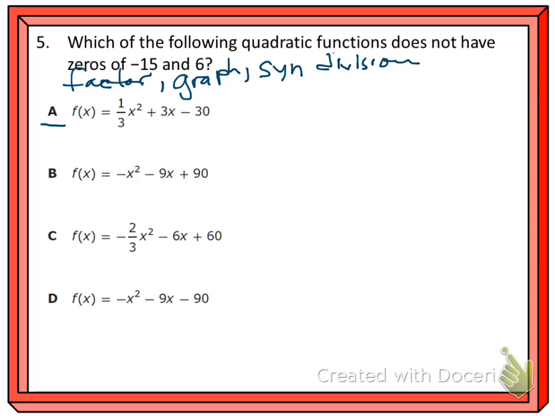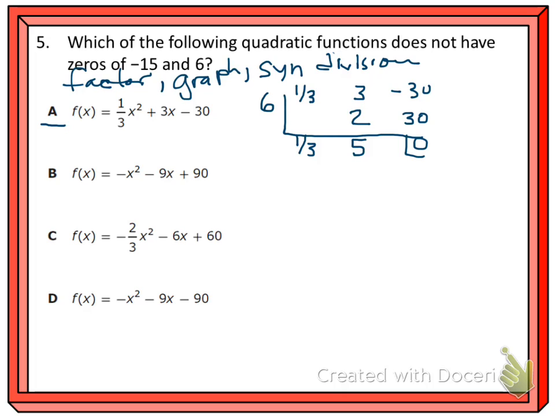I'm going to take the number 6 and put it outside the box, and you just write down each of your coefficients of your equation. So I've got 1/3, and then 3, and then -30, right? Okay, so you bring down the first number, so 1/3. 6 times 1/3 is 2. Now I add up these columns, I get a 5. Multiply, I get 30. And when I have a remainder of 0, that means that 6 was a 0 of